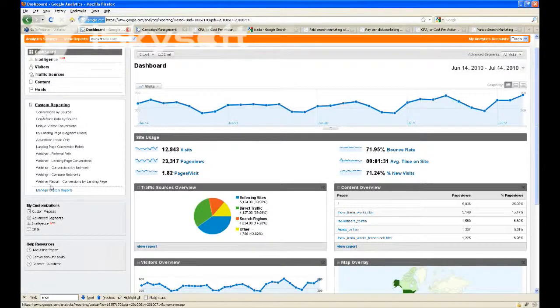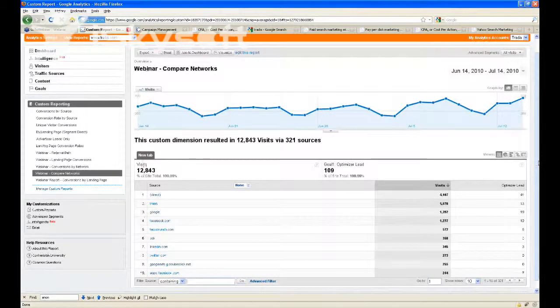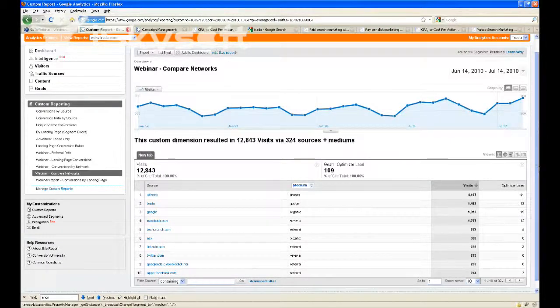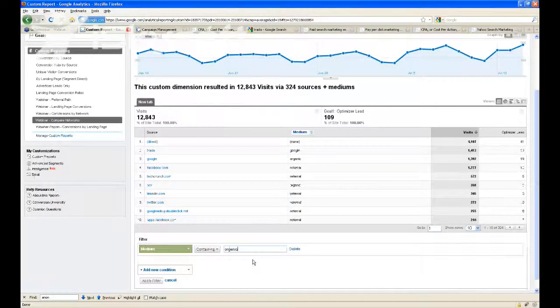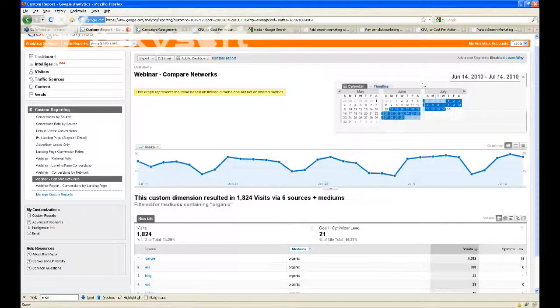So what I was just about to show you, apologize for that, is that you can actually compare the traffic that comes in from different ad networks, that's organic, so from Google, from Ask.com, etc., to what traffic actually converts. And I built a custom report here that shows how many optimizer leads or how many paid search expert leads we got from different sources. I'm going to filter here by the medium and then build a little filter real quick, and that's going to allow me to look at only the actual search networks. Again, we'll explain in some of the follow-up how you can do this. But whoops, let me change my time frame real quick.